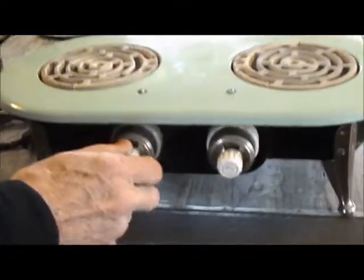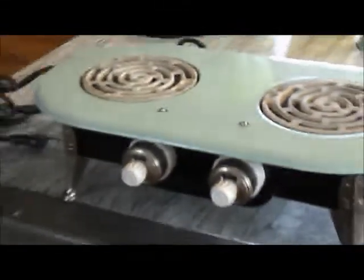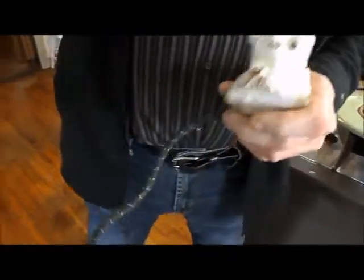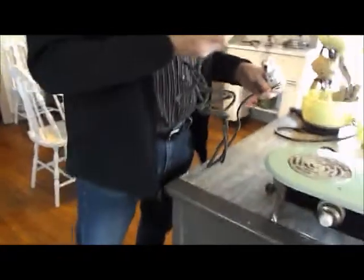Here's a hot plate. We notice the old-fashioned turn button switches on the hot plate. And to plug it in, here's an odd extension cord. You plug into the little dog, and of course then you had to walk over to the wall and plug it into the receptacle in the wall. A wonderful